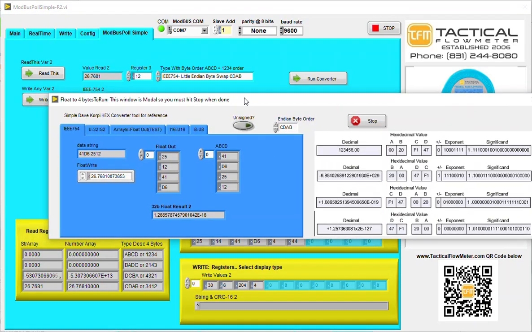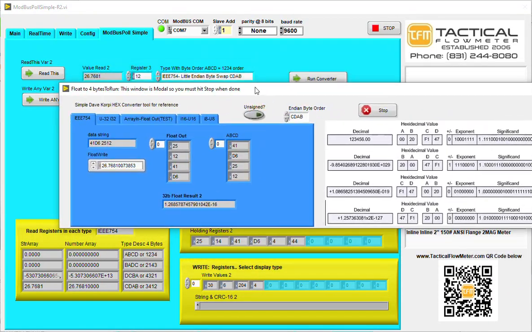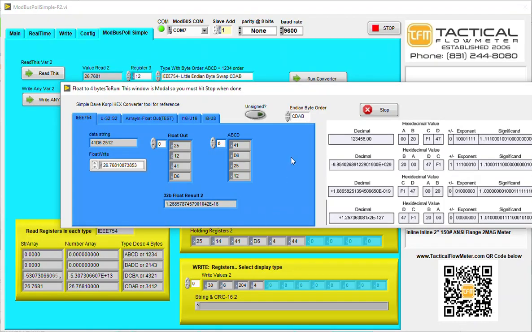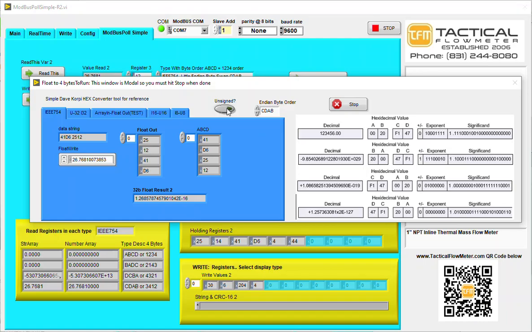CDAB. What we care about in this one is CDAB is representative of 25, 12, 41, 25, 41. So it's not exactly the same number, but it's got the D6 and the 41. These values here are the bigger parts. So you can have